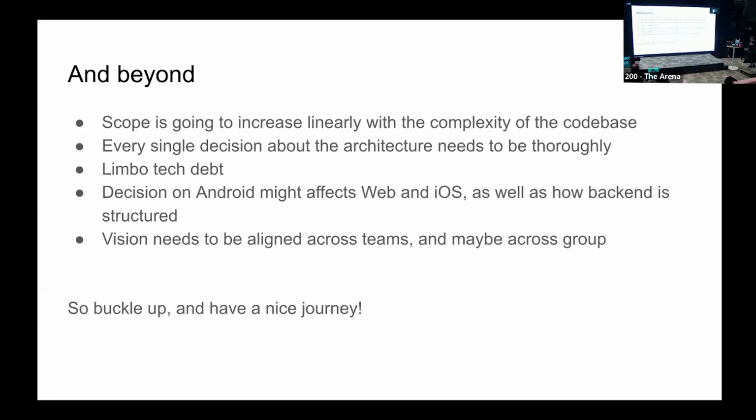And the visions also need to align across teams. Where do we go from here? Are we going to adopt Flutter as the main framework going forward? Are we going to move our logic from the front end to the back end? Because if you have the logic on the front end, it means you have to have the logic repeated in 3 different places, and it might go out of sync with each other. These kinds of decisions, this kind of vision, need to be aligned not only on your application, but on the other applications that might be inside your organization.